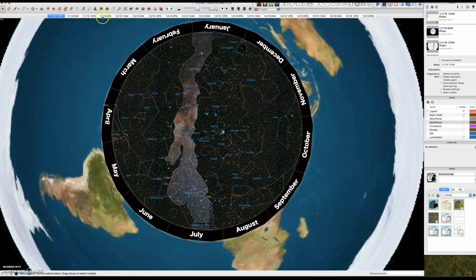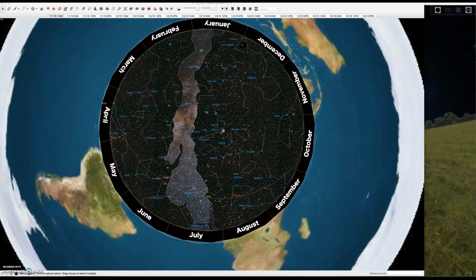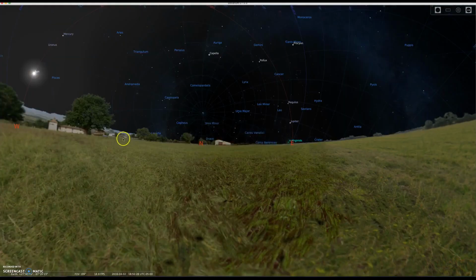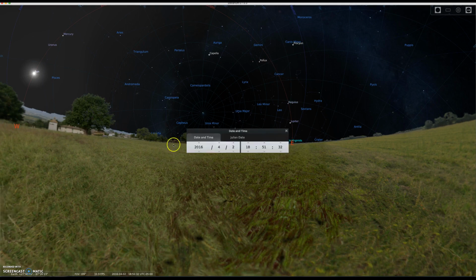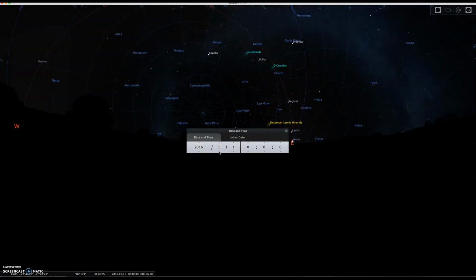So I have every day listed by 4 frames here, from midnight, 6 a.m., noon, 6 p.m., midnight, 6 a.m., noon, 6 p.m. And they're accurate to Stellarium. So if I come over here to Stellarium and I pull up the date, and I go down to January 1st at midnight,